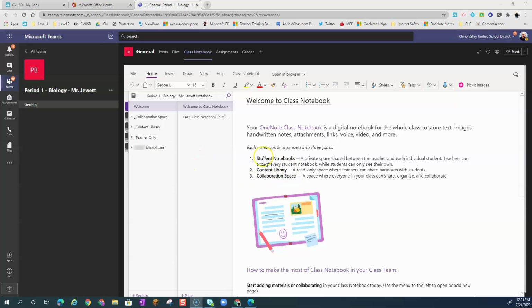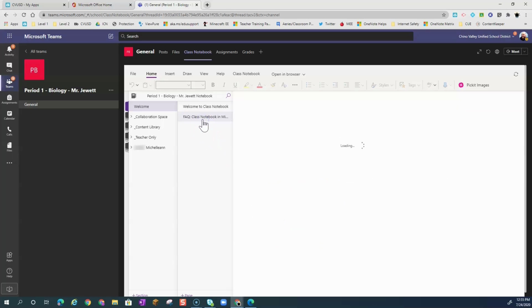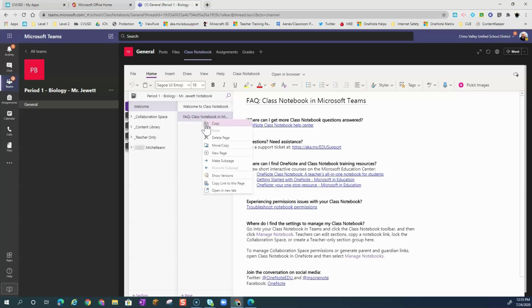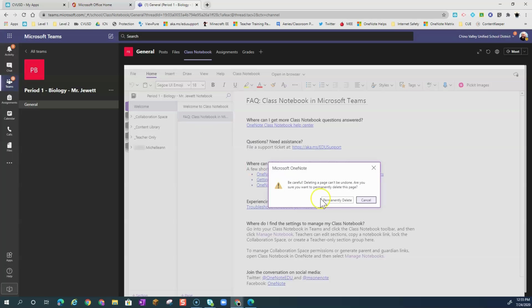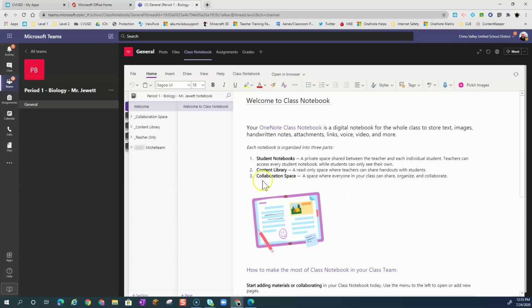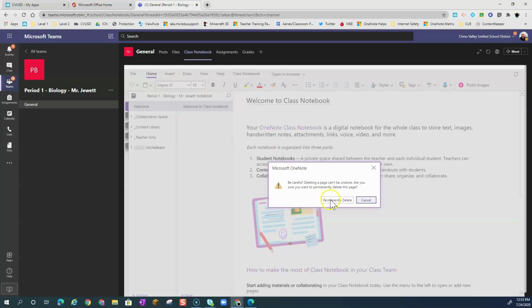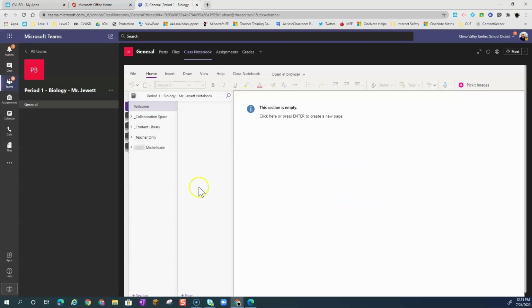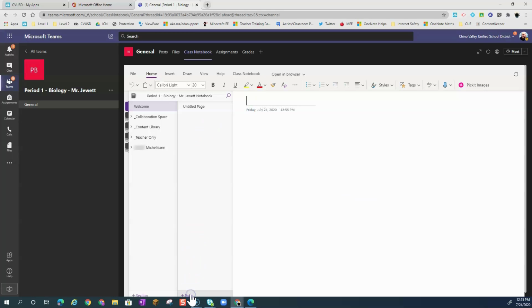To start in your class notebook, you probably want to clean it up a little bit. Microsoft gives you all these help pages and maybe you want to read through them, but once you have read through them, you'll want to right click on the page, and then you can go down and simply delete this page. So yes, I'd permanently delete it. With this page, maybe you want to keep the welcome and just change the content. You could highlight and get rid of it, or you could simply right-click, delete the page and say permanent delete. Next, you can go all the way to the bottom where it says add a page, and you can make your own welcome page